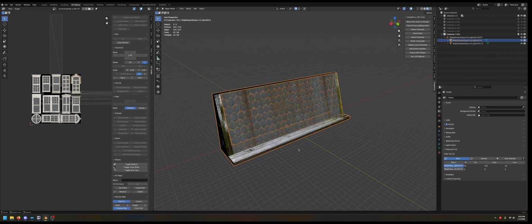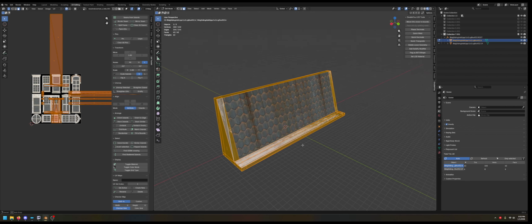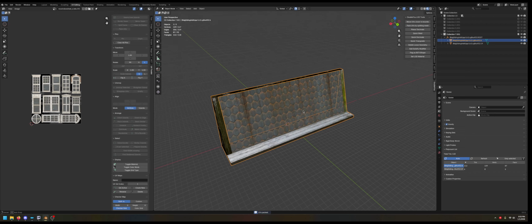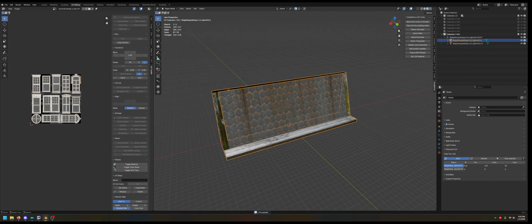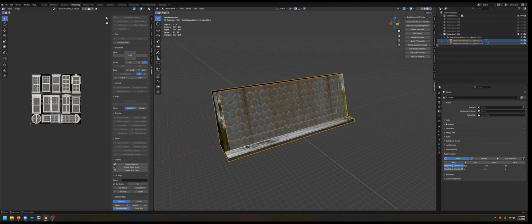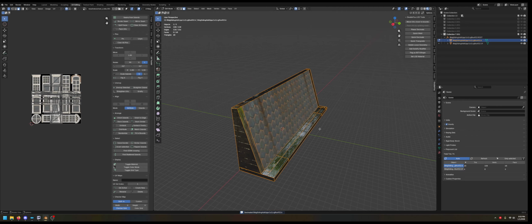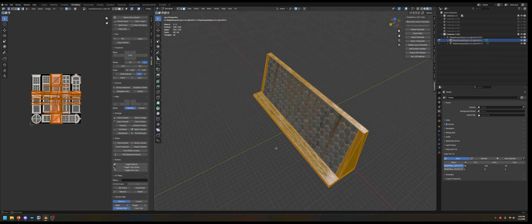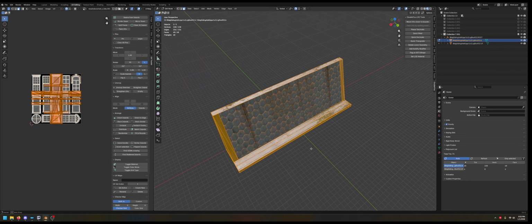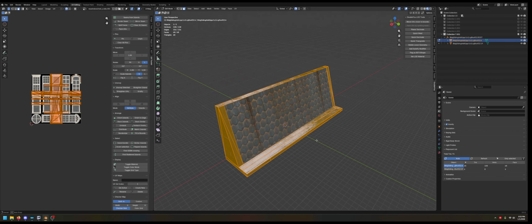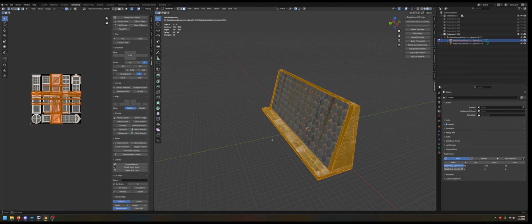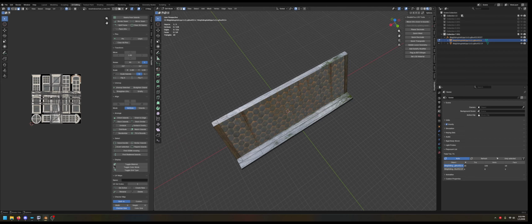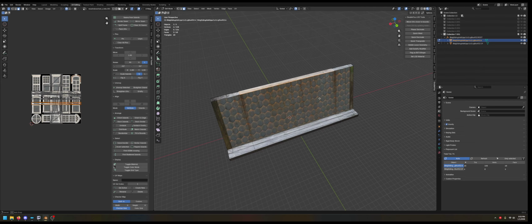Alright, now this one, you might say, well, we could follow that same process and go pack UVs, and that will pack everything within range, and then you could do a quick decimate, and you would get this result, which isn't bad, but that's quite a lot of triangles. We don't really need to have that many triangles for this little thing, and so I'm going to say that we probably only really need to have a